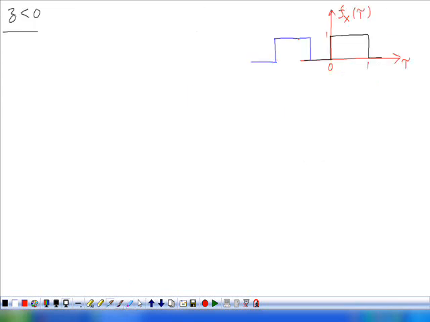What is this value? This magnitude is 1. This function is f_Y(z minus tau). Here this is z. What about this? z minus 1. What is the product of these two? It is 0. If the product is 0, then the area is also 0. Therefore, f_Z(z) is equivalent to 0. Now let z lie in between 0 and 1.